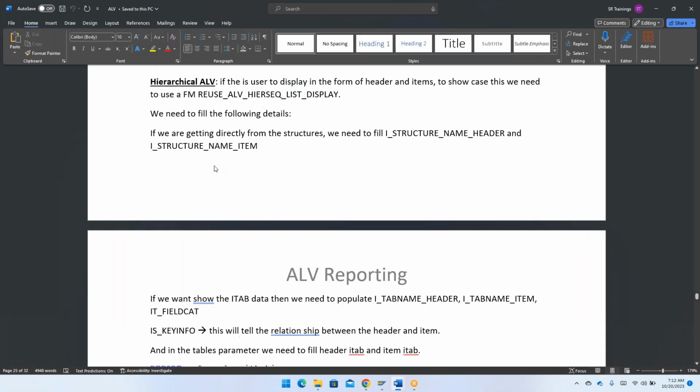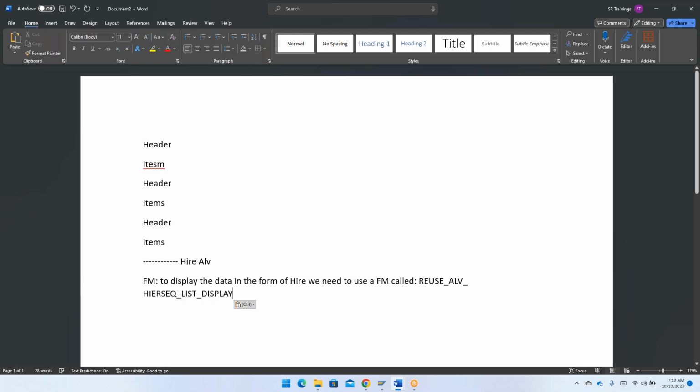This is the function module which we have to use. In this function module, we need to pass